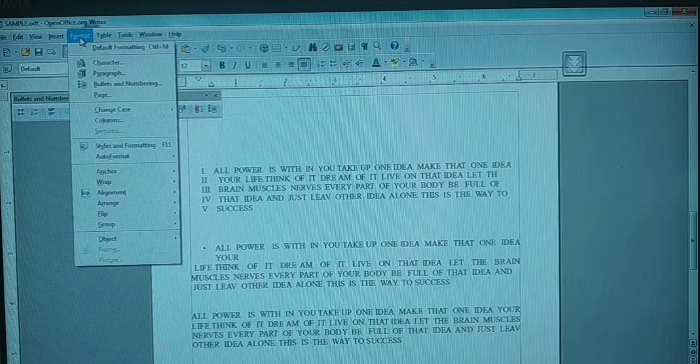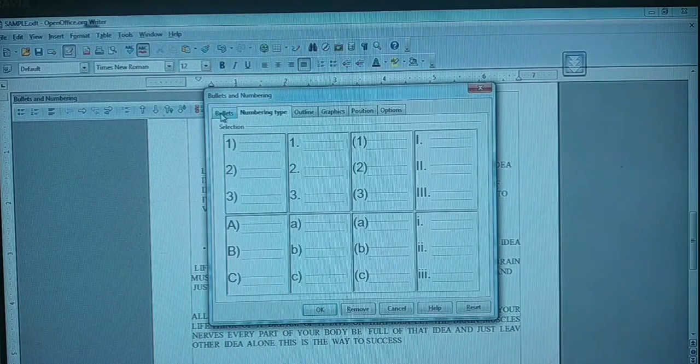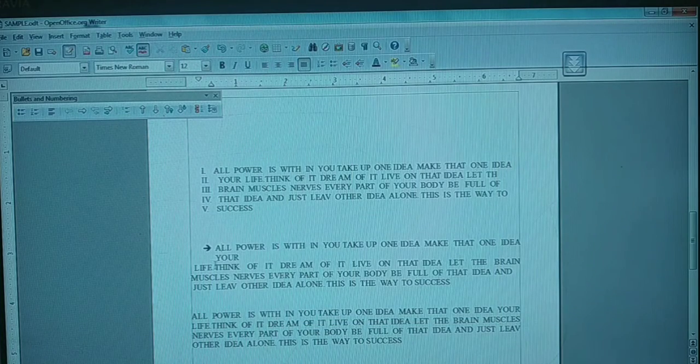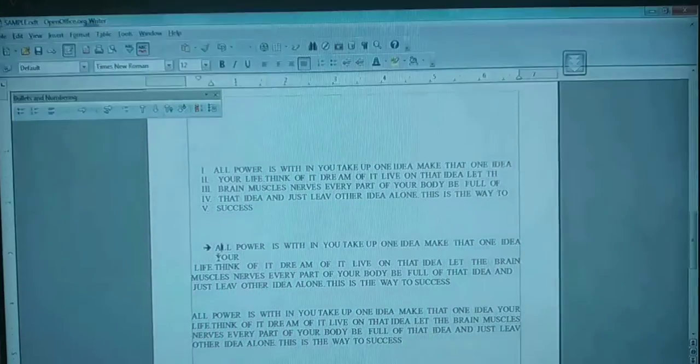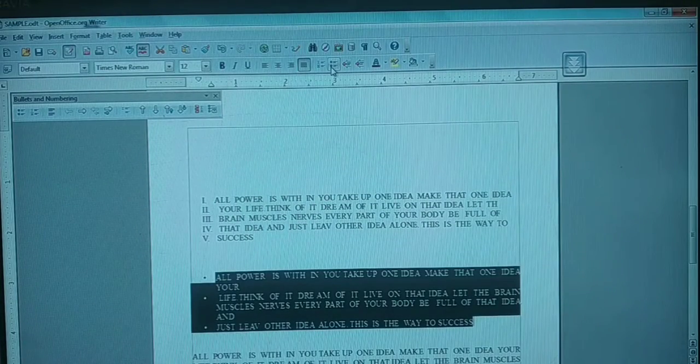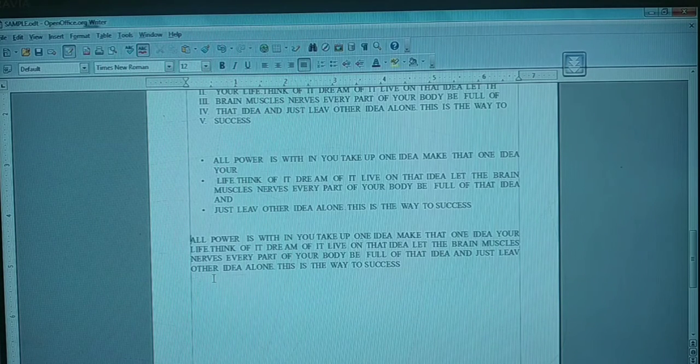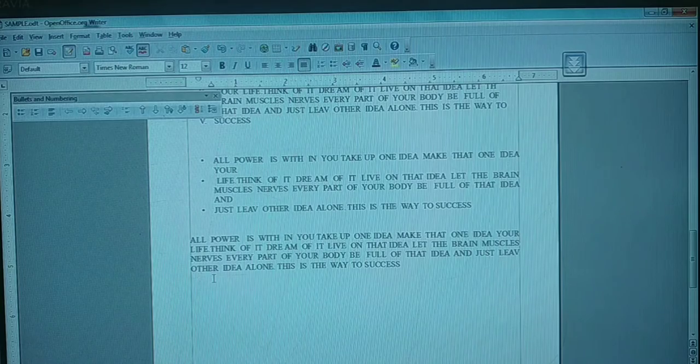Next you can proceed with this one, Format, Bullets and Numbering. Here go on with the bullets tab. Yes, we can have this one. See, the first point alone is applied. For example, if you need bullets for just one point, place the cursor here. If you are willing to have the bullets for the whole paragraph, what can you do? You can select that one.